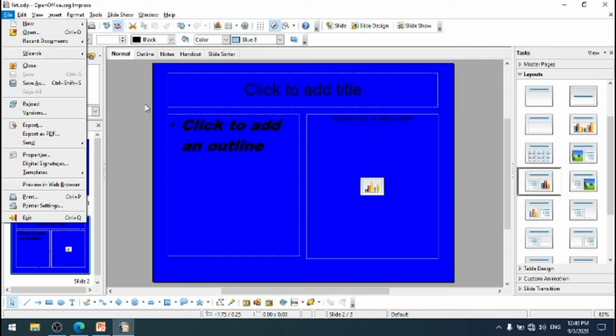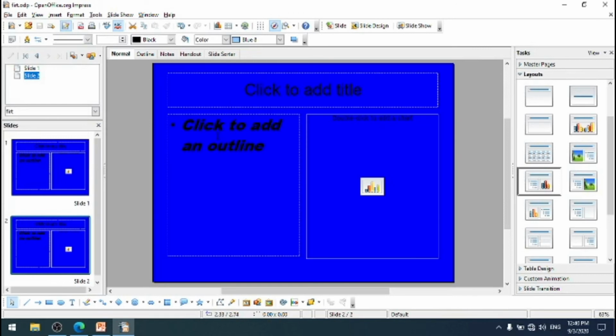Next, master slide. Next topic, master slide. A master slide is a slide that is used as the starting point for other slides. Actually, this is the first slide or the starting point. It is similar to the page style in Writer. It controls the basic formatting of all slides based on it. A slideshow can have more than one slide master.